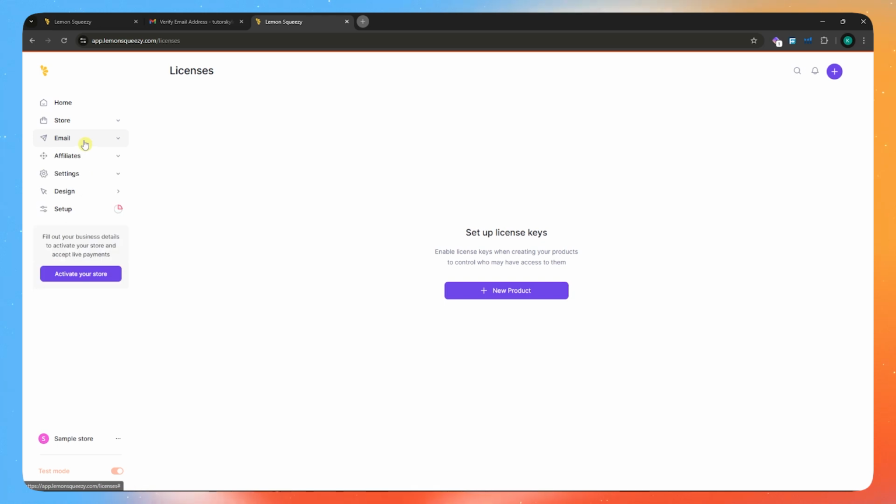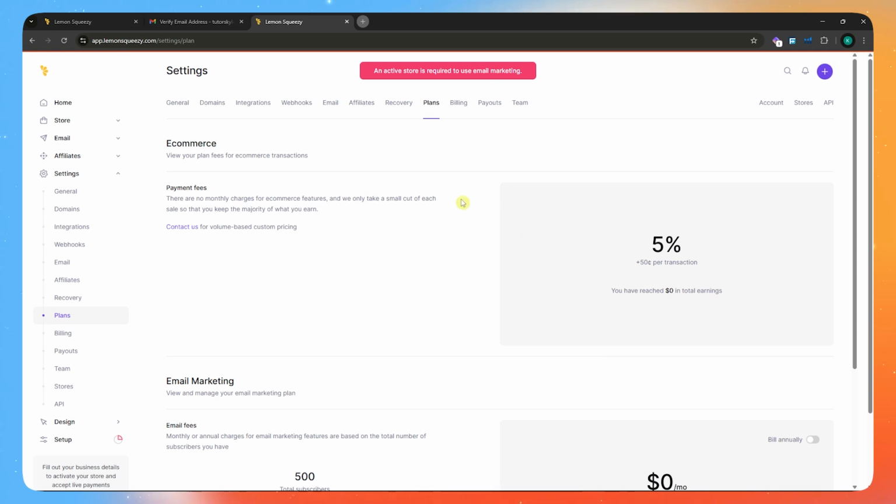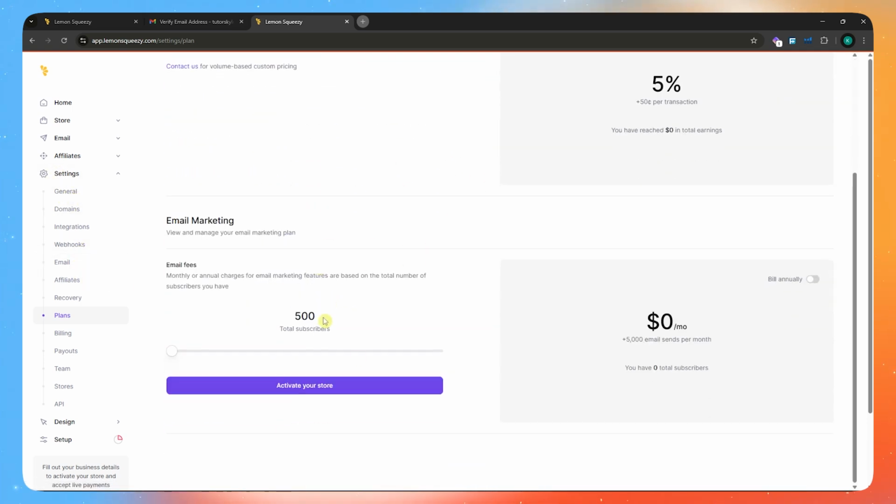Next, we have the email settings. By going here into broadcast, this is where you'd be able to enable email marketing. And in the subscribers section is where you'd be able to see all of your subscribers and even import them. So you just need to enable email marketing first. And once it's enabled, you'd now be able to see in the plan that you can activate your store for free if you have less than 500 total subscribers by clicking here on activate